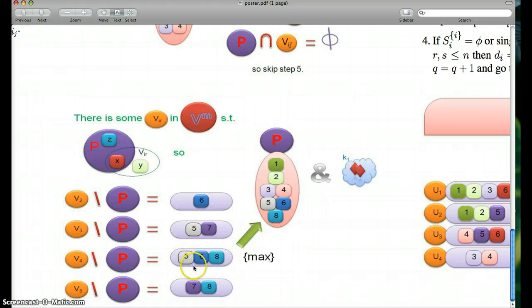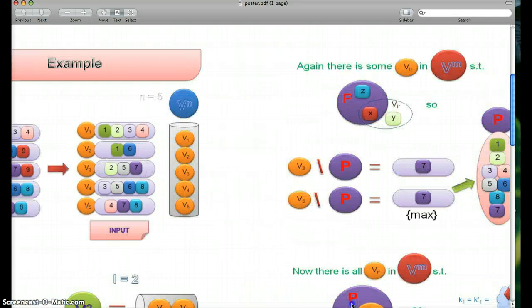Now after this, we look at the set which has the maximum packets. So here in this case, 5, 6, 8. We know that this is disjoint to P, so we add it to P and update the counter to 2, because now we have the distinct packets 1, 2, 3, 4, 5, 6 and 8. Now we repeat this procedure, and again we see that packet number 7, because now this is deleted, is still not in P, so we add it to P, and we again update the counter K1, and this will give us the reconstruction degree